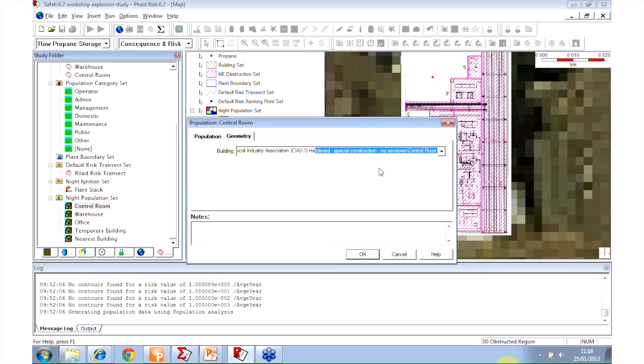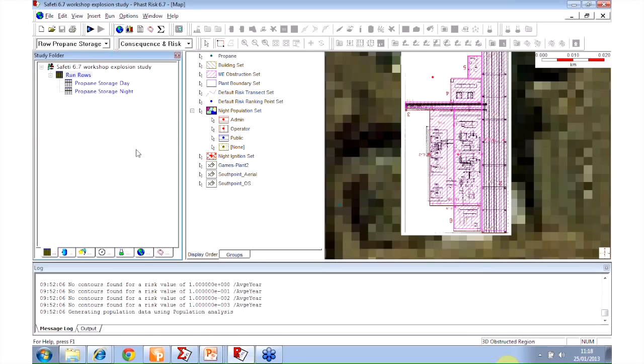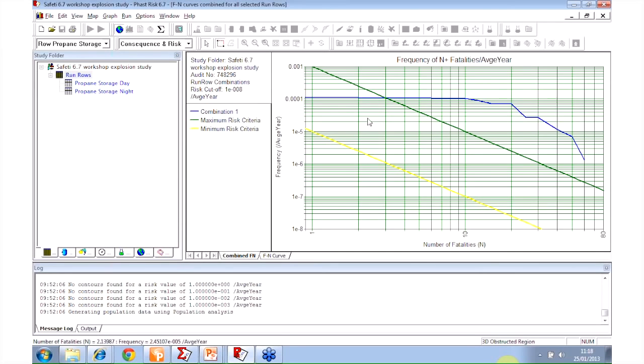I might have several of those building types around the site, and I might put different populations in them. So there might be 10 people in one of them in one location, 7 of them in another location somewhere else. So using this, we can perform vulnerability-specific risk modeling, and it's very important for occupied building analysis. So you can imagine, if I just fire up my FN curve, you can imagine that if I chose to put the number of people I've worked out are going to be exposed to particular blast overpressures for my risk ranking drill downs,